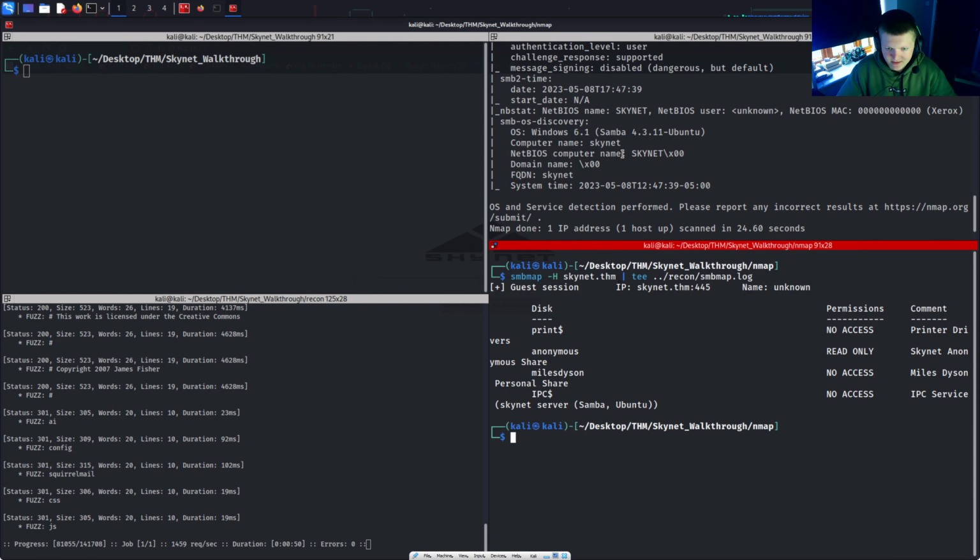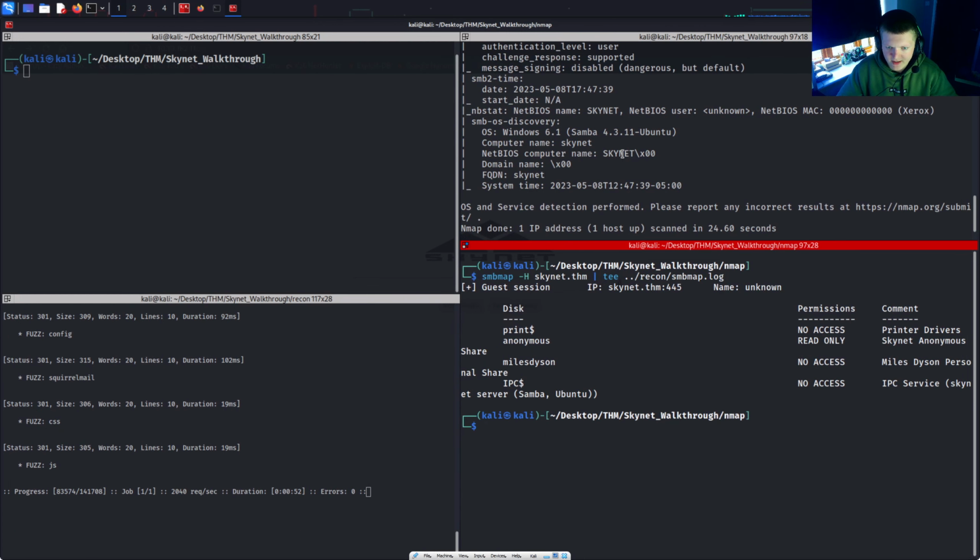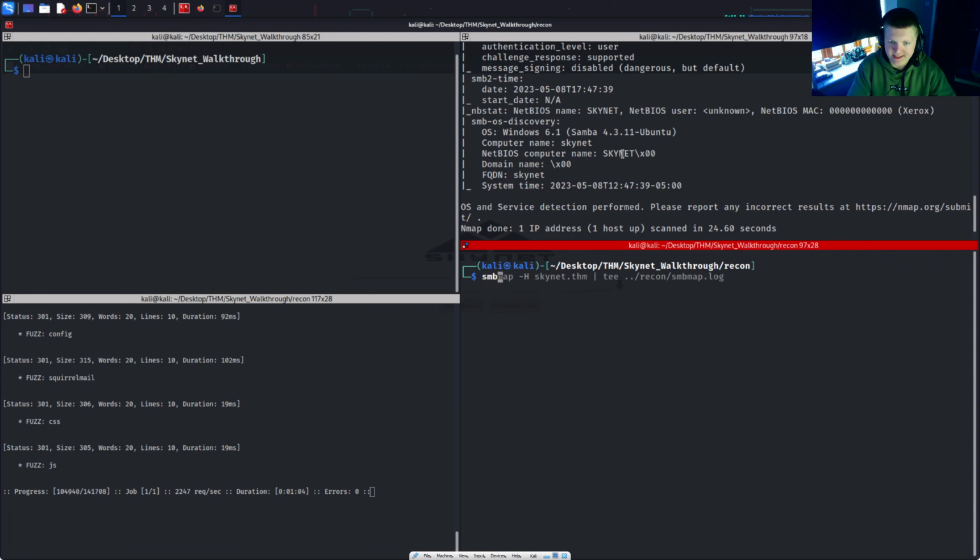And we find these shares. We find this anonymous share, Miles Dyson, and IPC. We can see we only have read access on the anonymous share. The others we can't access. So I'm just going to cd into recon. I'm going to actually connect to this. So Skynet.TryHackMe,